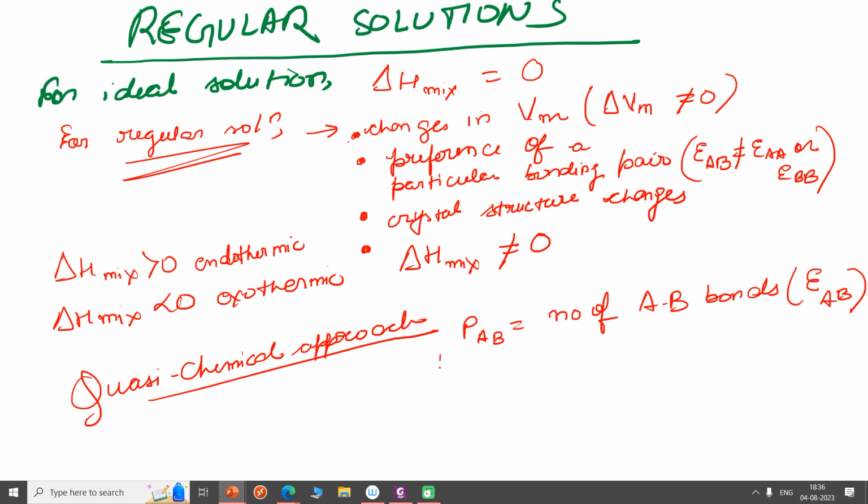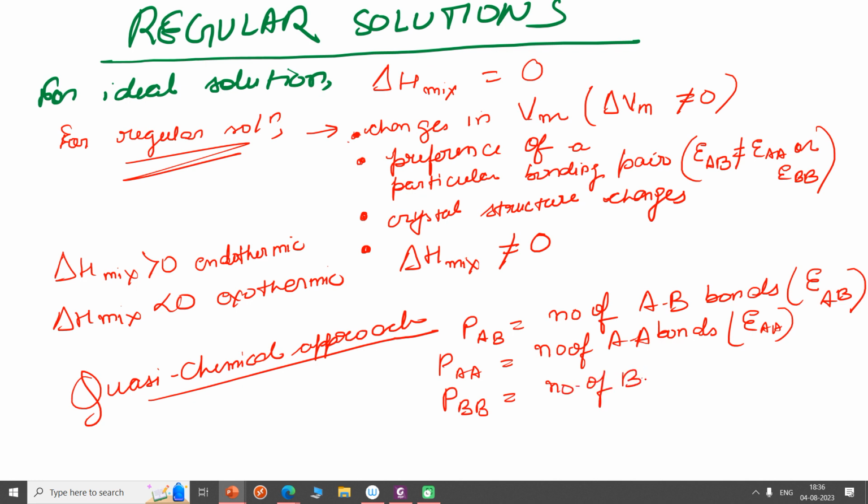And similarly, PAA is the number of AA bonds, with bond energy epsilon AA. And PBB similarly is the number of BB bonds, with bond energy epsilon BB, right? So initially, if we just take all those components of A and B and let them mix,